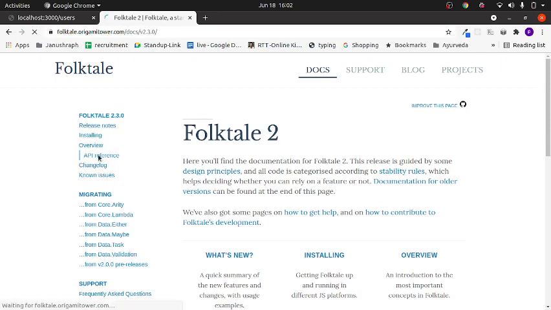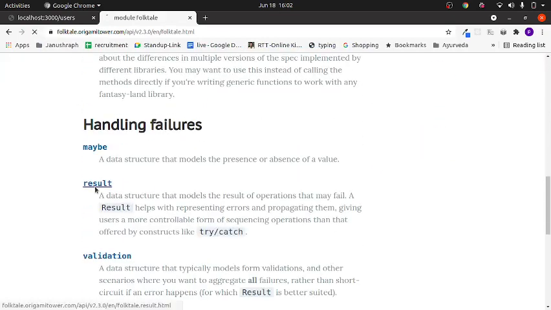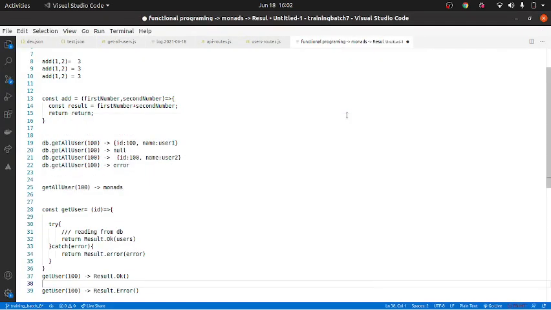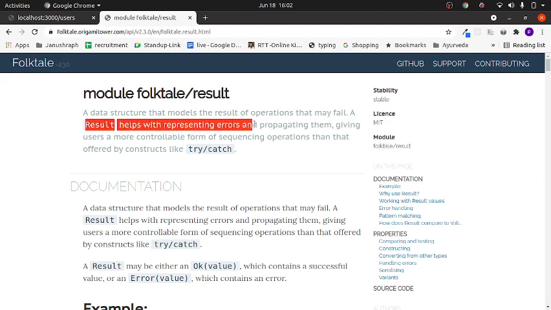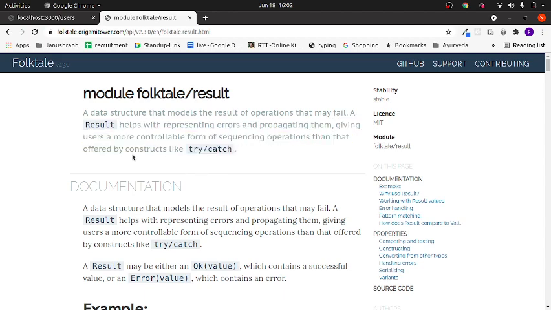You have the API reference for Result. If you read here, it tells you it is a data structure that models the result of an operation that may fail. Will the database action fail or pass? It could fail, right? So it is basically trying to model the result of that DB operation. Result helps in representing errors and propagating them, giving the user a more controllable form of sequencing operations than offered by